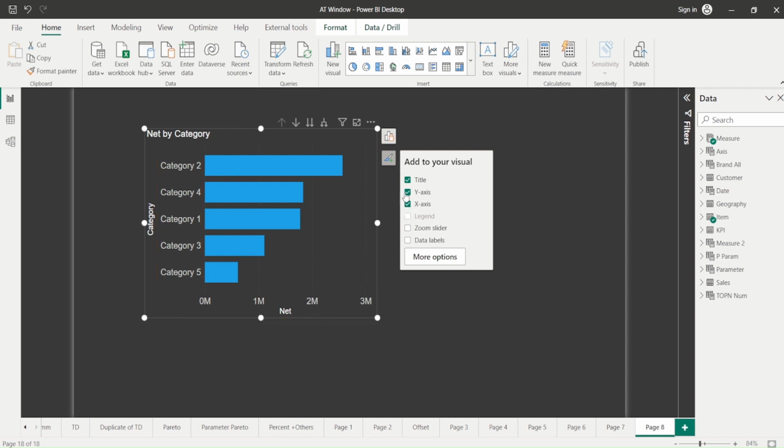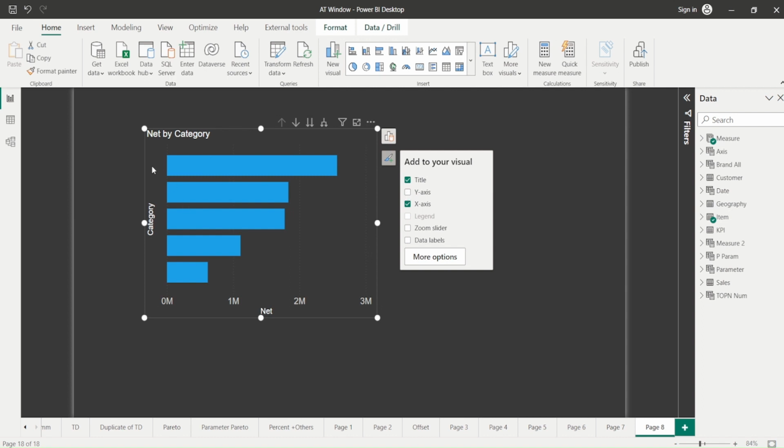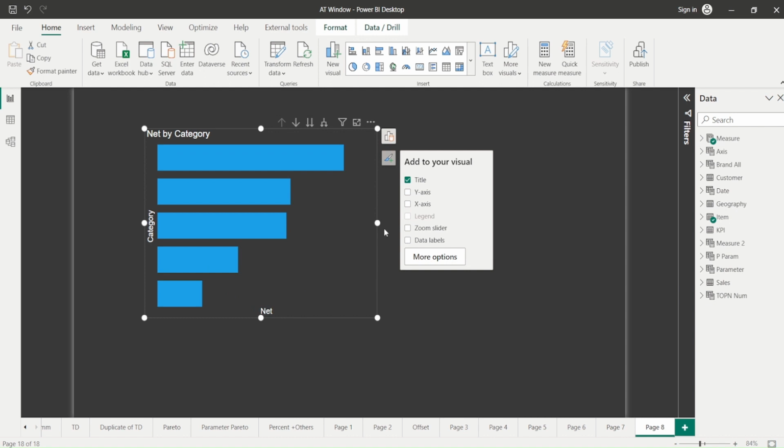So observe when I click y-axis, the y-axis is gone. Now you know where it has gone. I already highlighted. Let me highlight it again. This is the place I was talking about. Now similarly, let me remove the x-axis, and if I go again and highlight, you can see what I'm talking about. Let me add both of them again,